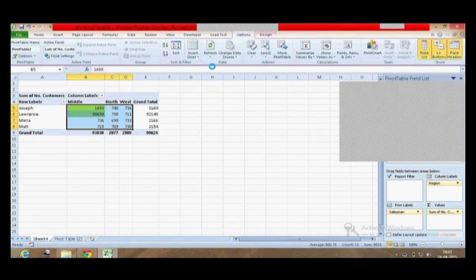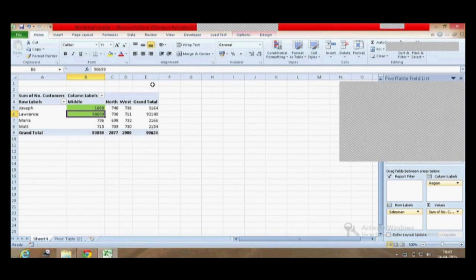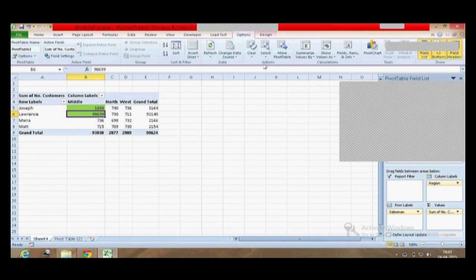When I go back to the original data and make it whatever it was, some random value, and then go back to my pivot and refresh. So there I am. So my data would be very dynamic if I'm using conditional formatting and the pivot together. And to add to it, we can use the slicer option also. Yeah, you have to refresh every time you change your source data.